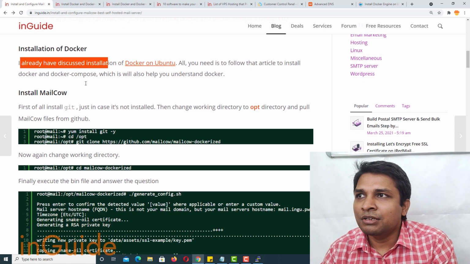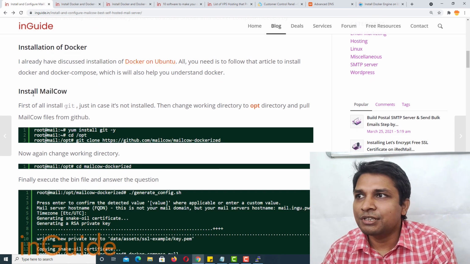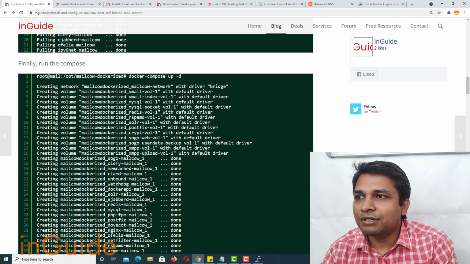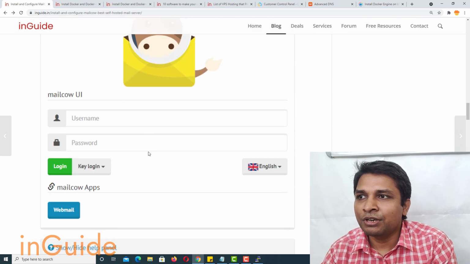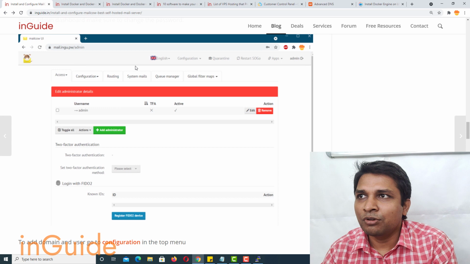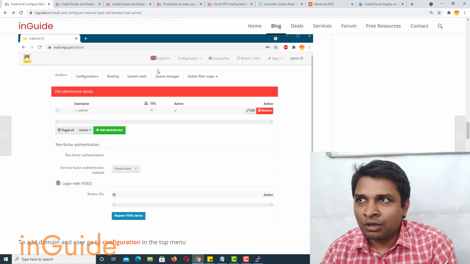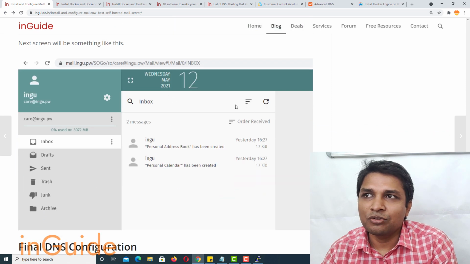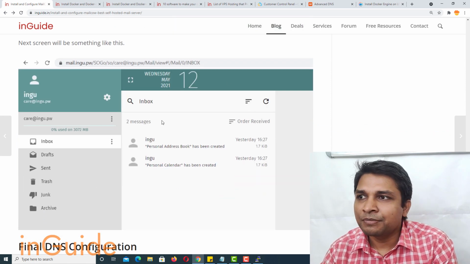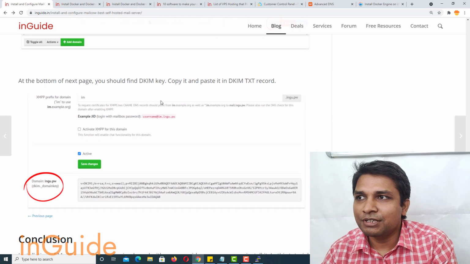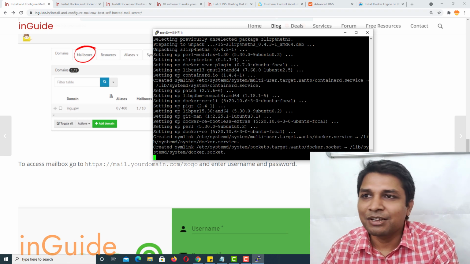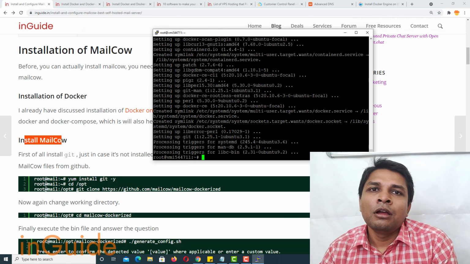After Docker has been successfully installed, the next step would be to install MailCow, and after that you will get this type of login, and this will be the MailCow admin interface, and you will be able to log in like this. This will be your webmail, and you have to do the final DNS configuration, so let me check whether it's done. No, it's still under process. Alright, so it's